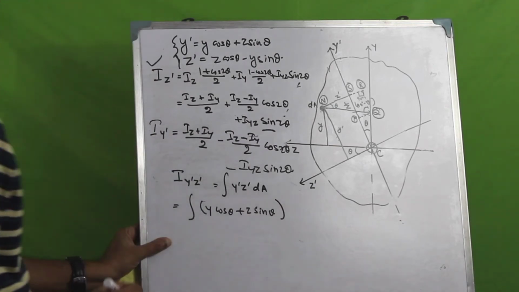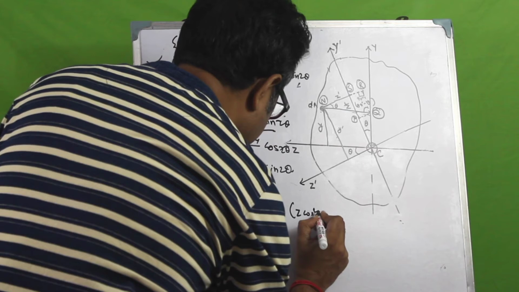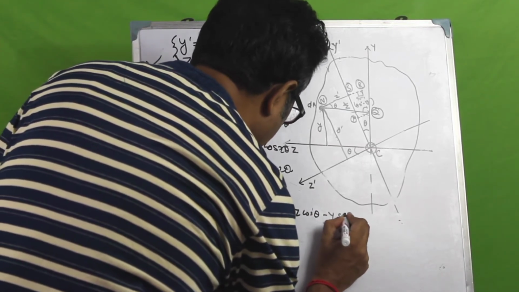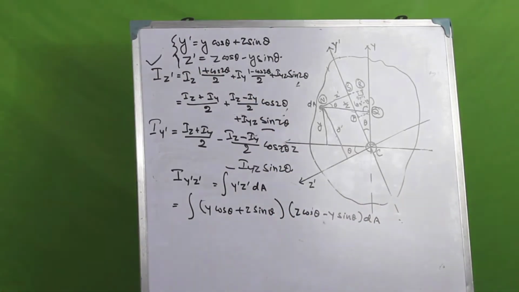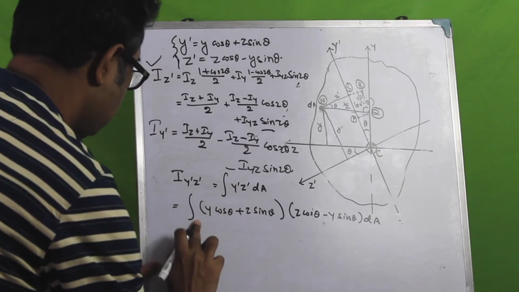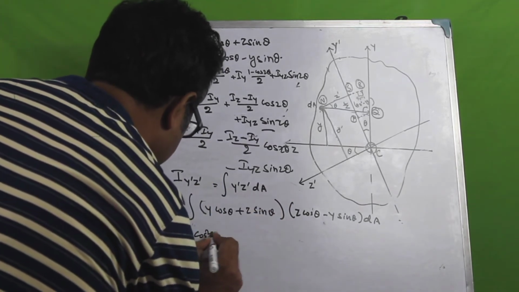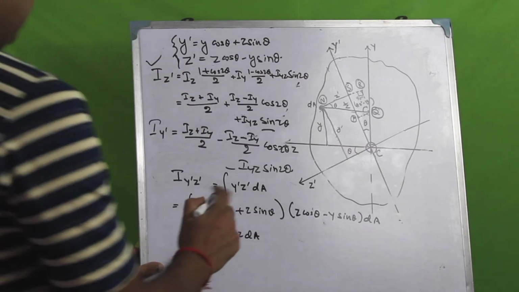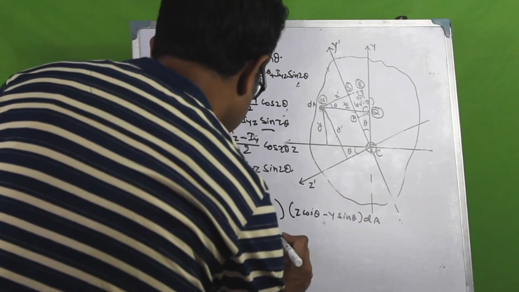What is z dash? Z cos theta minus y sin theta dA. So rearranging the terms again, we'll have, since theta is constant, cos square theta would come out and we have yz dA, right? And then we have y cos theta into minus y sin theta, so we have